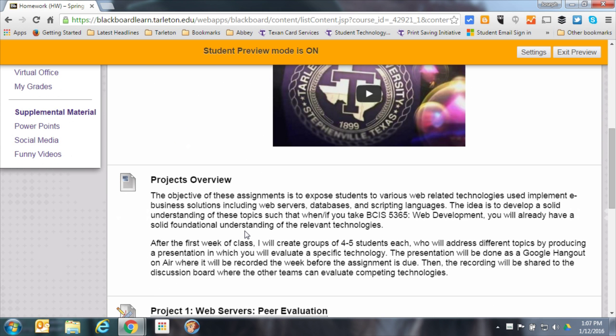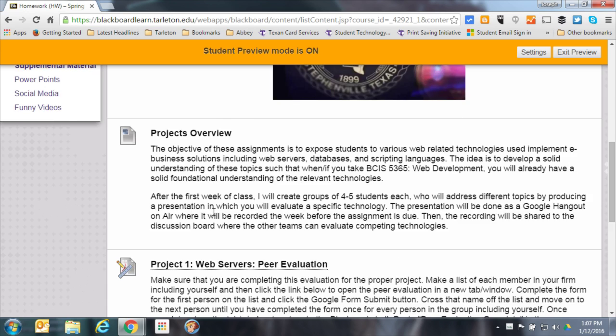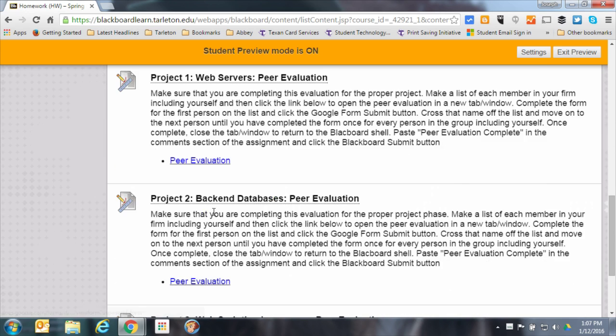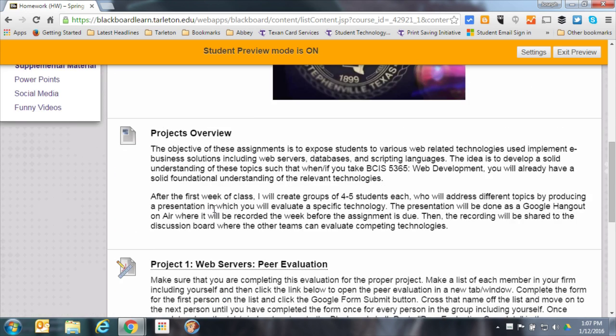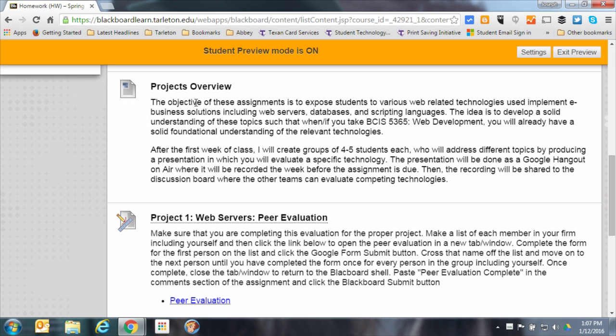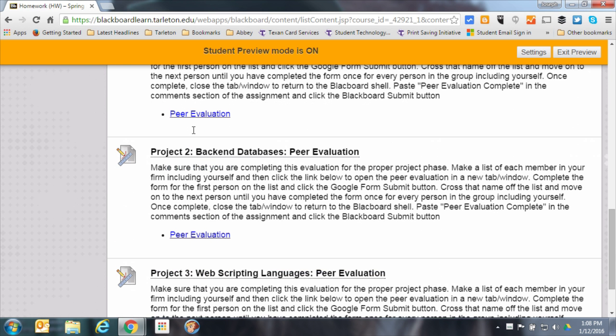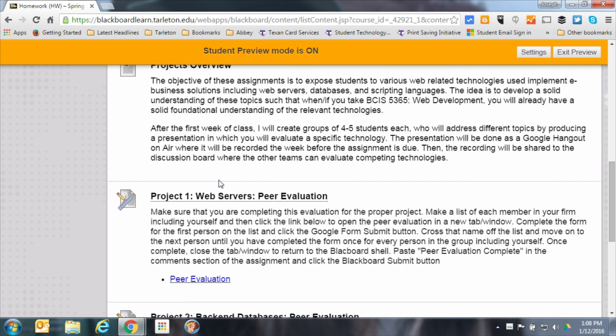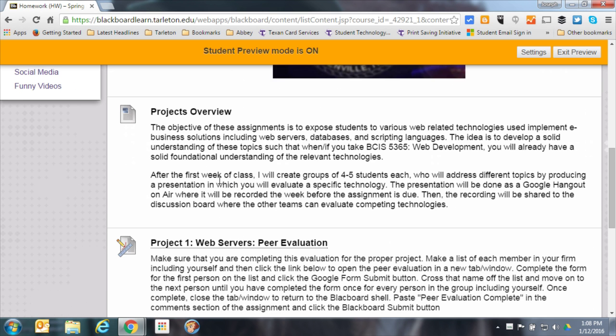The remaining homework assignments are these little mini projects that I've created. And what we have, I need to make one more available. Don't have them all showing up just yet. Basically what they are